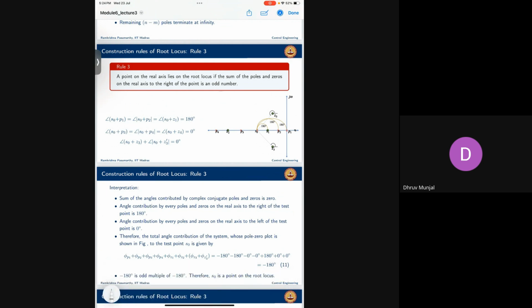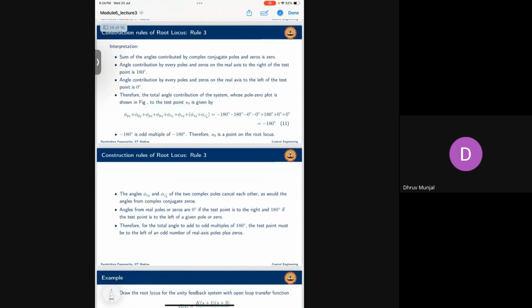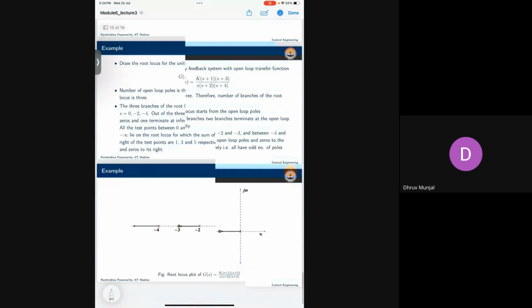Good. Rule 3 is this: the root locus will exist only if you have an odd number of poles and zeros on your right side whenever you are taking a test point. Okay. And the fourth rule is